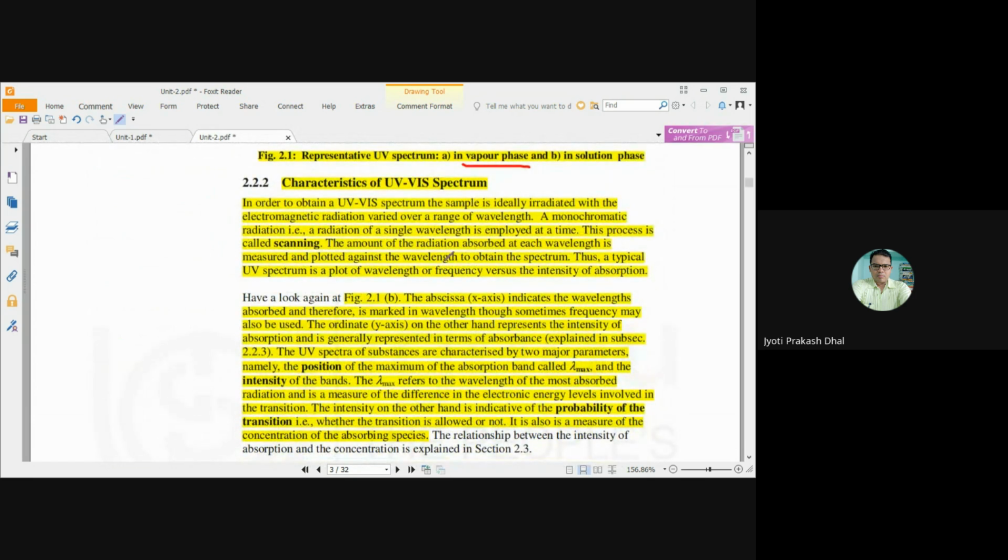Now coming to the characteristics of UV visible spectrum. In order to obtain the UV visible spectrum, the sample